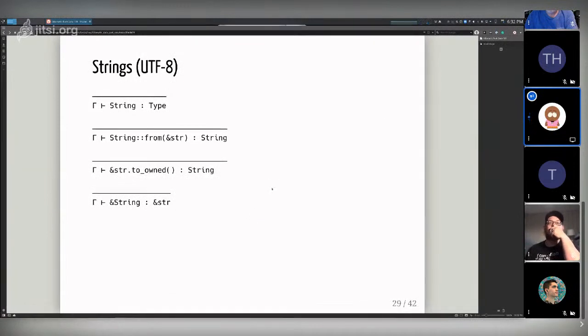And so Strings, and again in UTF-8, I kind of just listed some important methods here. String::from is something that you should become familiar with. It takes a str reference and returns you a String, right? And then you can also use this method called to_owned, which is a trait on a str reference, and it'll also give you a String.